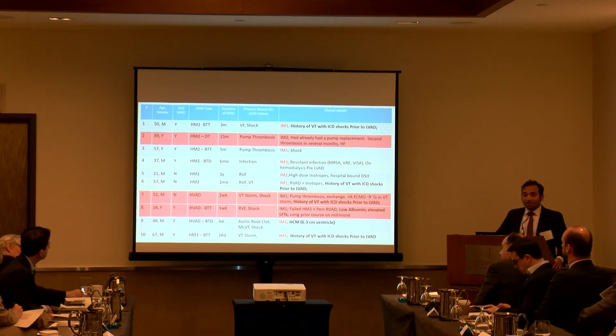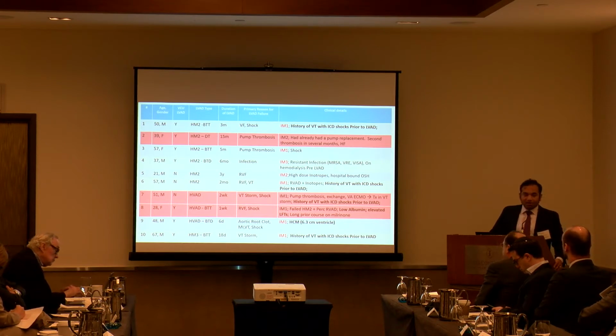and the plan was essentially to take everything out and replace it with a TAH. He was bridged to transplant and did make his 1-year survival, but eventually died somewhere between 1 and 3 years, and we'll go into that data. So probably someone we would have chosen a different pathway for initially than go this route. Now, as we move to the primary reasons for device indication,